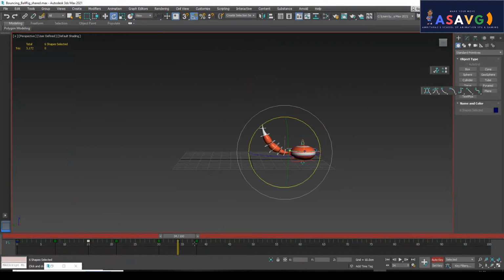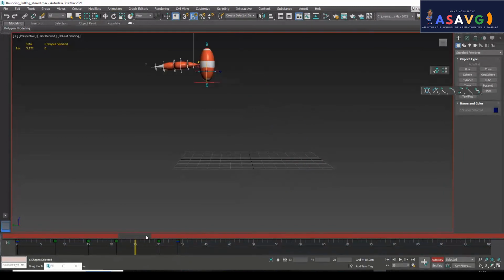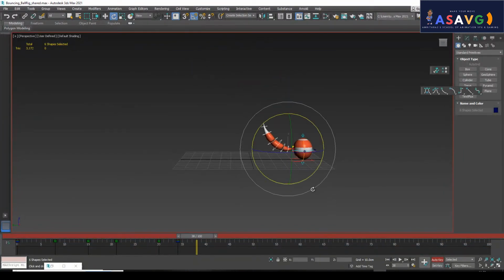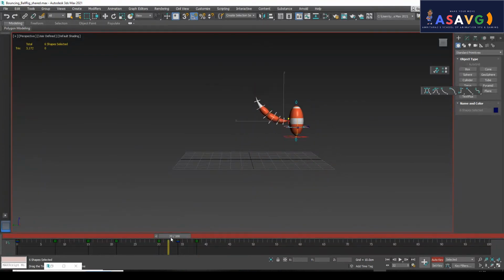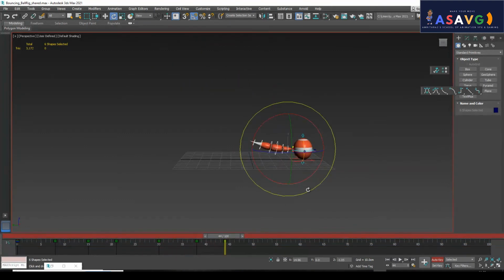Down, yes, this area, then I am deleting this key and he is down, then he is coming down. Okay, then I am deleting this one in between, and down, then up, then down, then up.